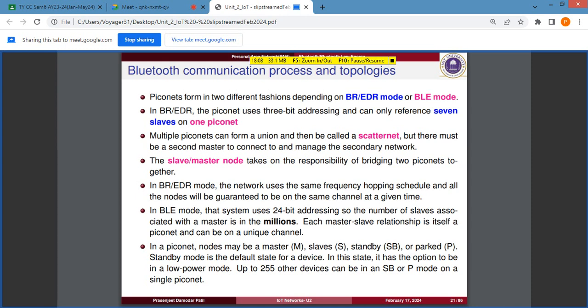Similarly, in the case of Bluetooth Low Energy, you have an addressing scheme used to address the total number of slaves. It will be 24-bit, and the total number of slaves that can be connected with a master will be in millions. Most important thing you need to remember is that the number of slaves connected in the BLE technology will be 1 slave per master. Instead of 7 slaves per master, in the case of BLE, a single slave connected to a master